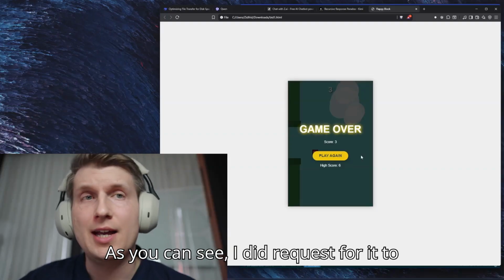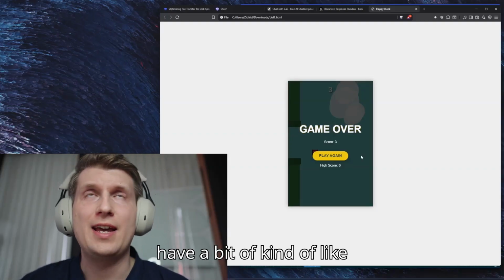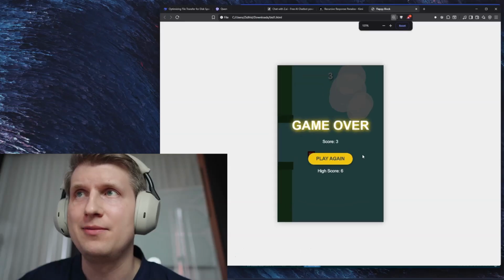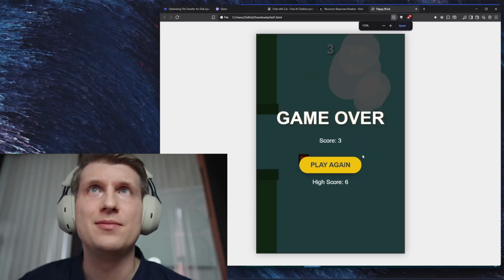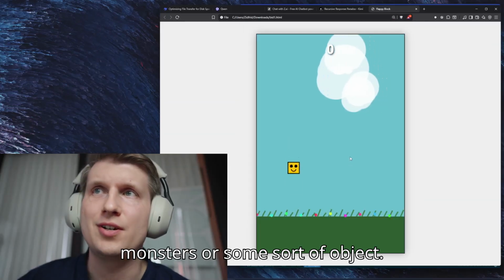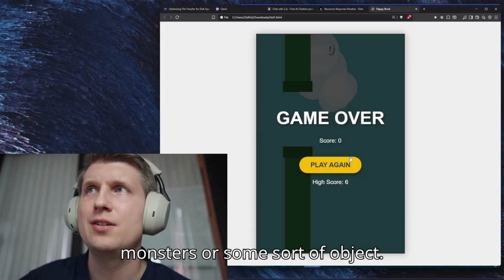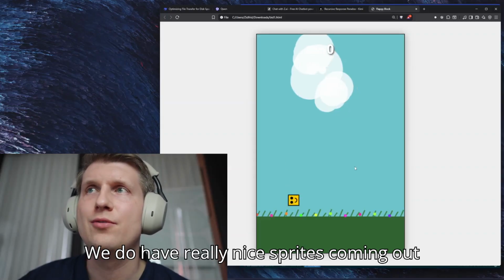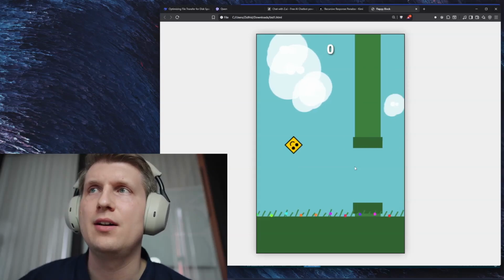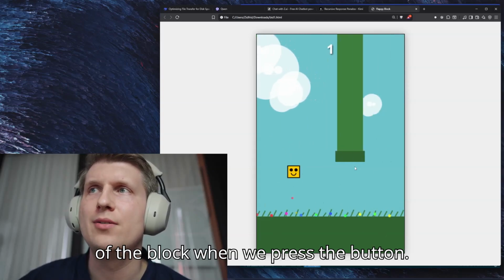As you can see, I did request for it to have a bit of monsters or some sort of object. We do have really nice sprites coming out of the block when we press the button.